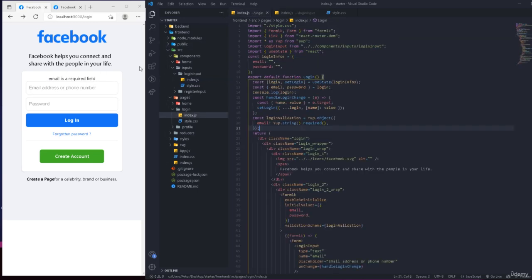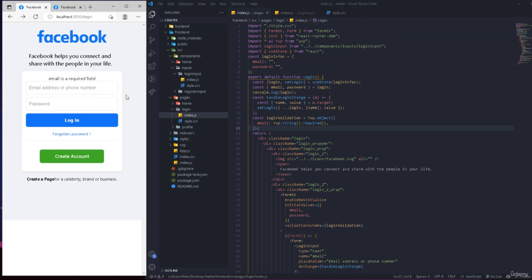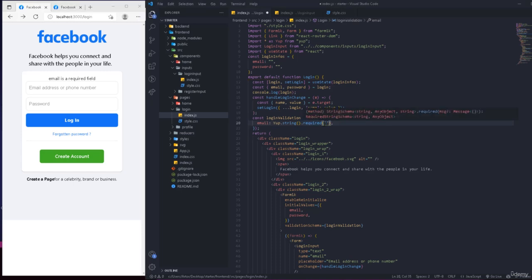So let's refresh right now. We're not going to see anything as long as we don't touch. When we go out, we're going to get the verification message, and you can define your own default messages. So you can go right here and write anything you want. So for example, let's go with email address